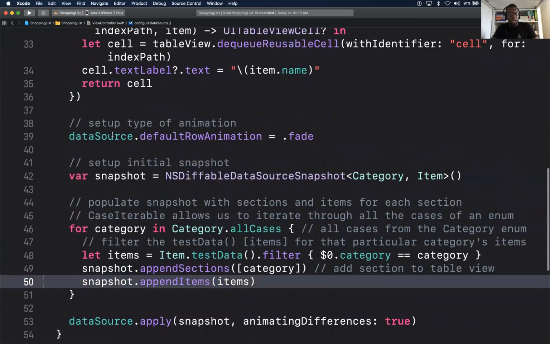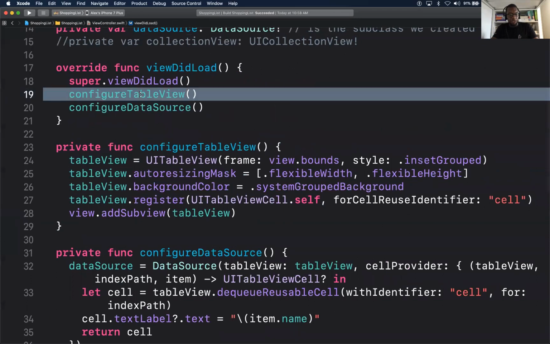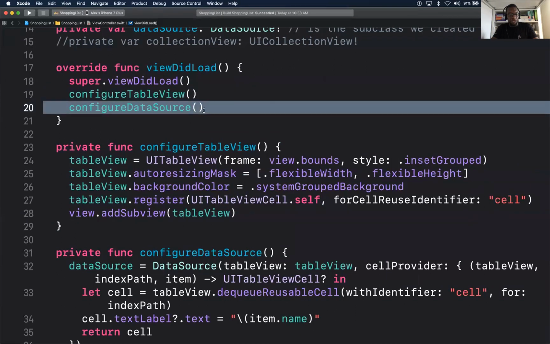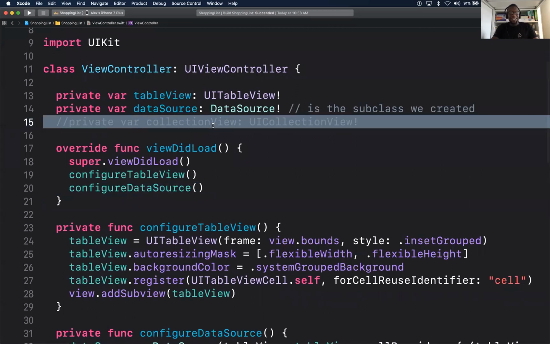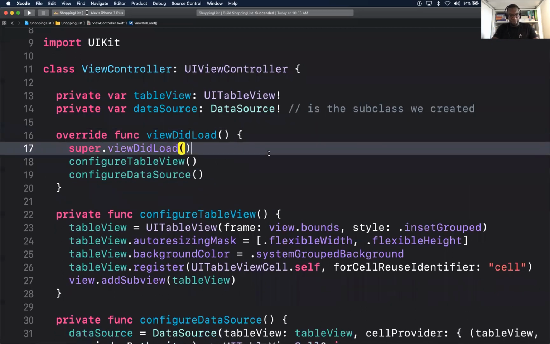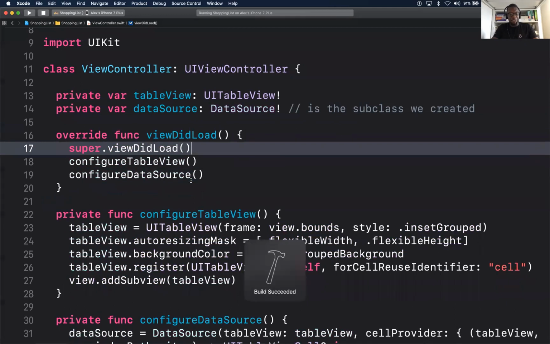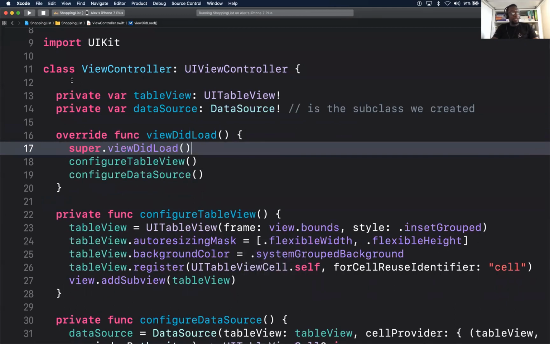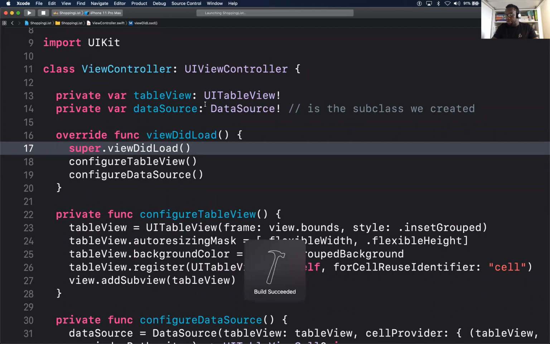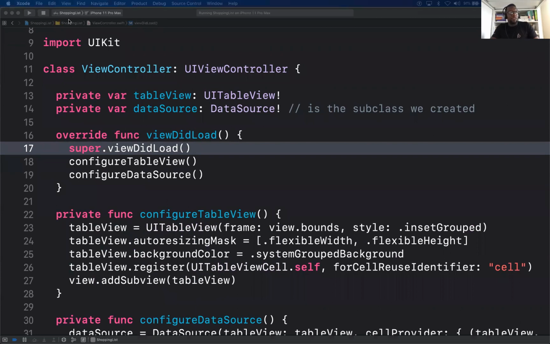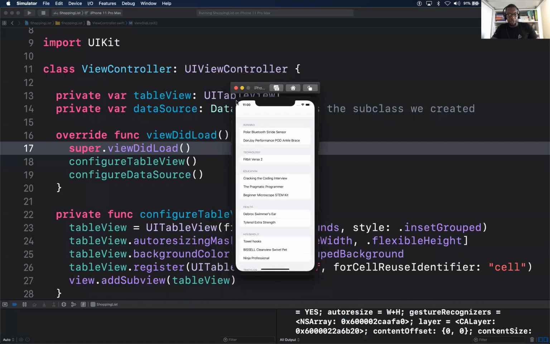All right, so let us build. Make sure you call configure table view and make sure you call configure data. It looks so good. You keep running away from us. All right, so let's just build because Tiffany is miles away. Oh, let me run on my simulator. Look at you, flying away from the party. Where's my simulator? My simulator is also hiding away from me here. Oh, there we go.